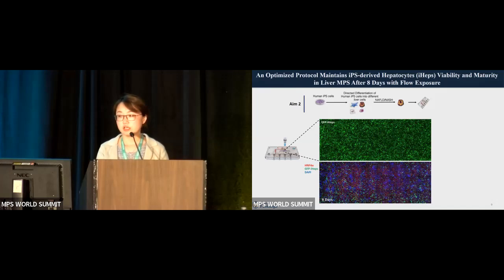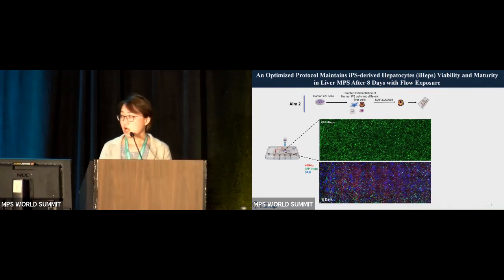As you can see here, the iHeps were co-cultured with non-parenchymal cells in the LAMPS model for 8 days with flow exposure. The images shown here represent the area of interest on our chip. The GFP-expressing iHeps show a nice and homogeneous distribution on the chip. And at the bottom image,